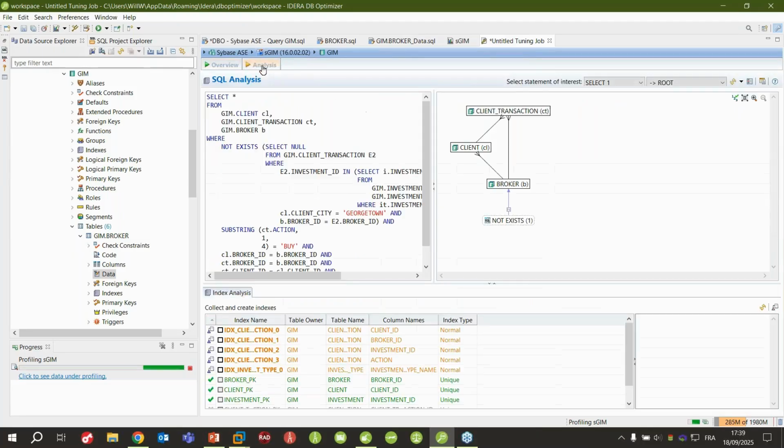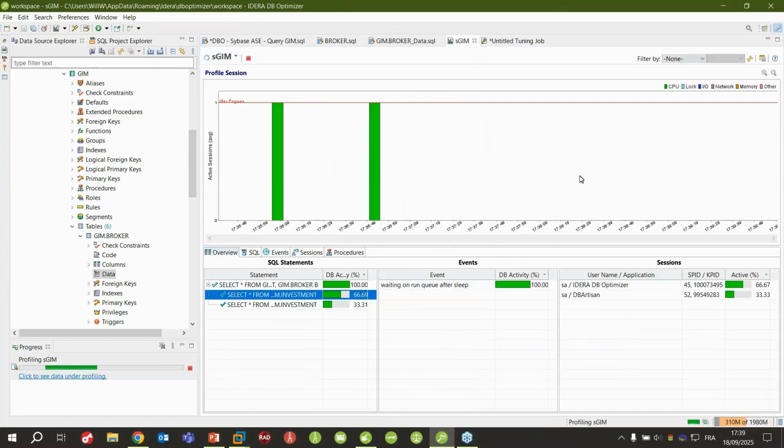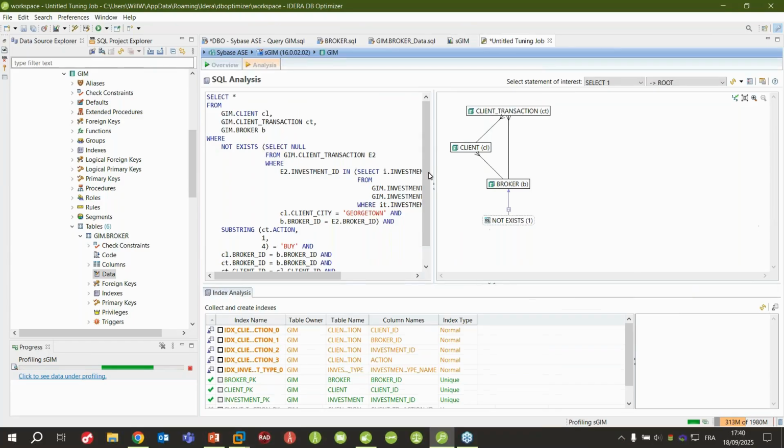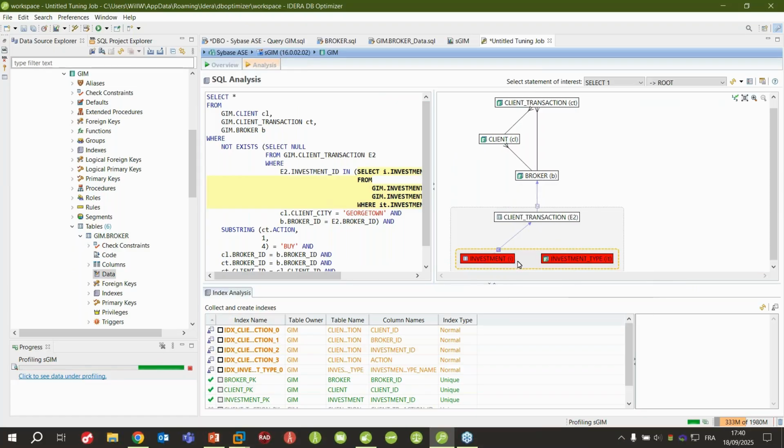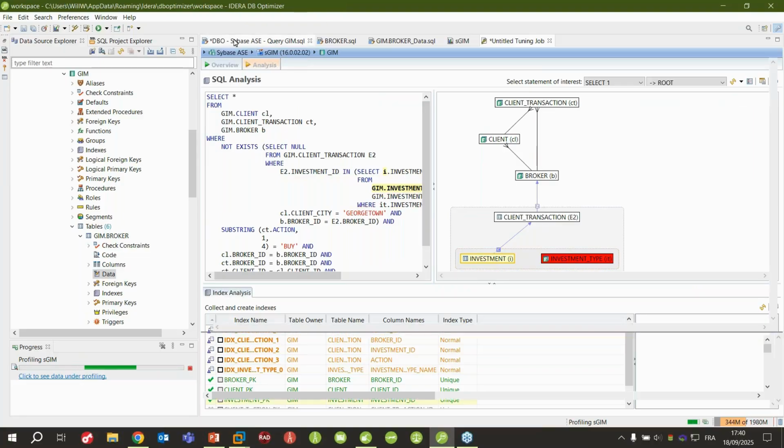If I navigate to analysis, I like the profiling session, and I really like also this tuning part, because when you have your query, you can easily view your different tables, different views, and where they are involved. For example, here I have my not exist in my query, but I can expand this node and I can view that I have my client transaction that is related to my other object. From here, if I expand this node, we can see two objects that are in red. So this is an issue, and the red comes from what we have seen earlier.